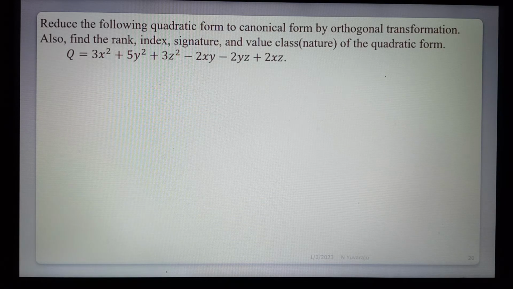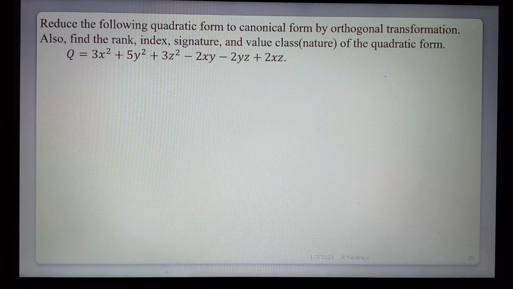P inverse AP is equal to the diagonal matrix D. So how to find the diagonal matrix here? P transpose A into P. P is the modal matrix, which must be formed by the eigenvectors. First find the eigenvalues. Next find the eigenvectors. All eigenvectors must be linearly independent and also mutually orthogonal. And next find the